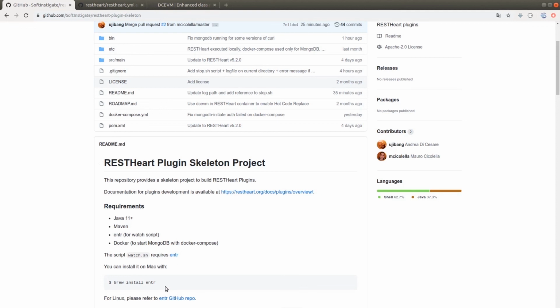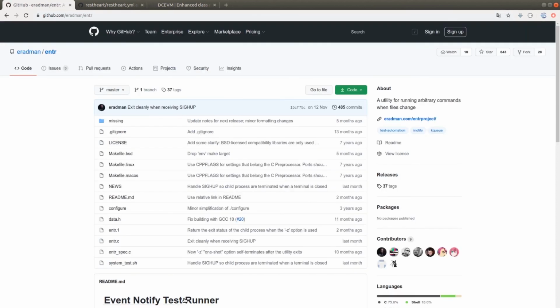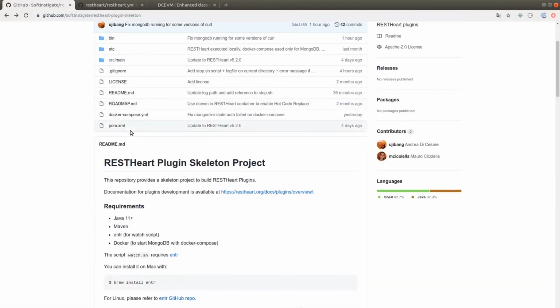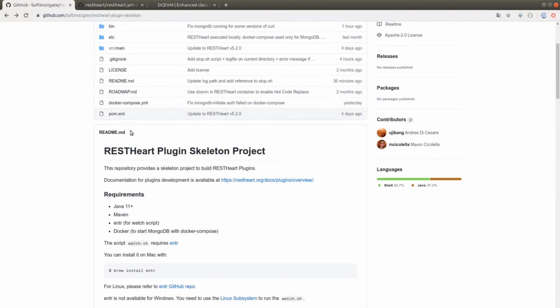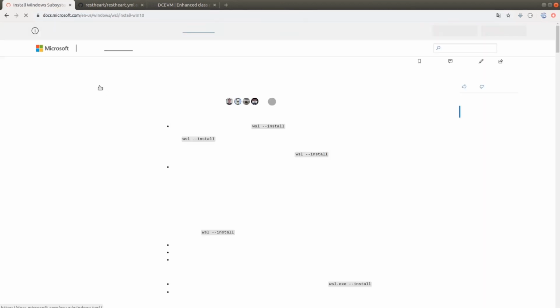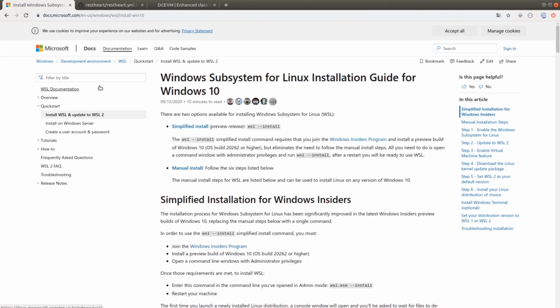In the case of Linux, instead, it is necessary to compile the source code. We find the instructions directly on the GitHub repository of the project. On the other hand, this tool is not available on Windows, and therefore we will have to use Linux subsystem. This will then require some more effort for the configuration of our development environment.